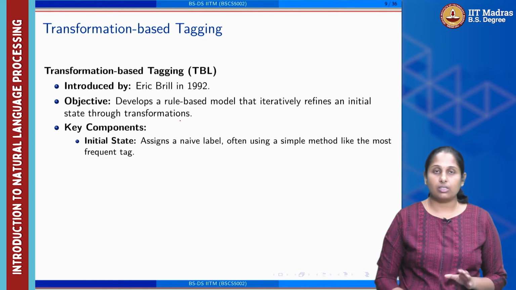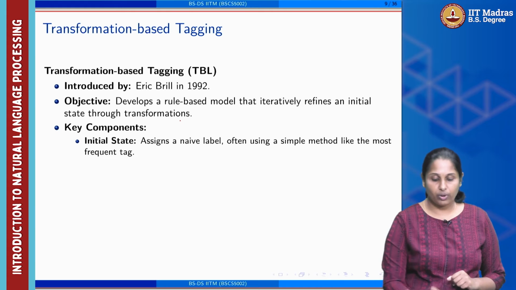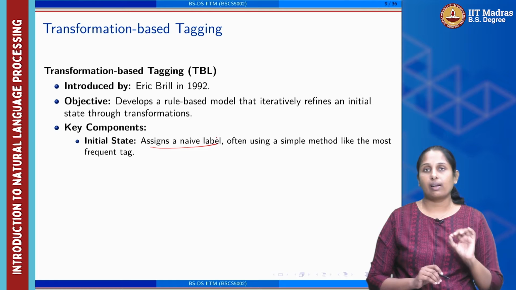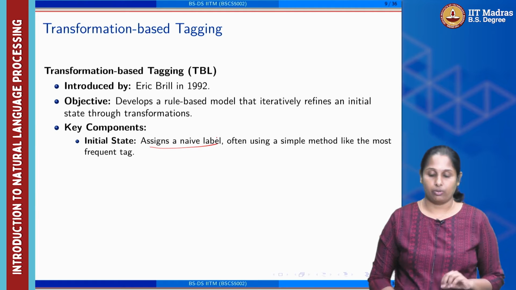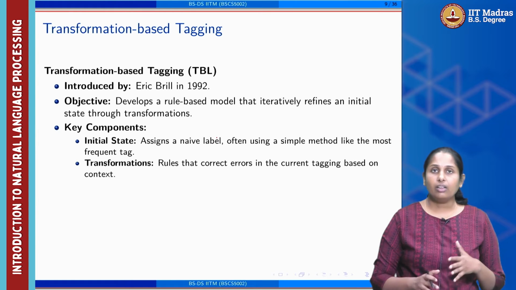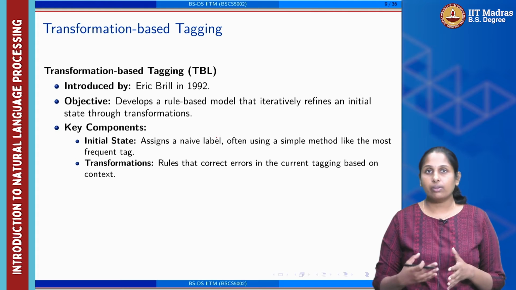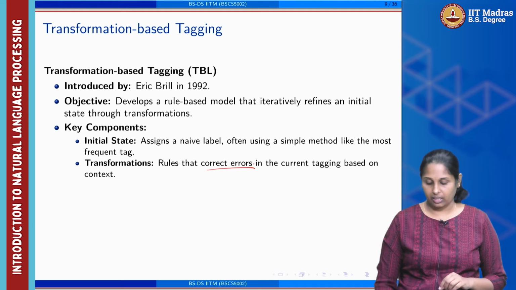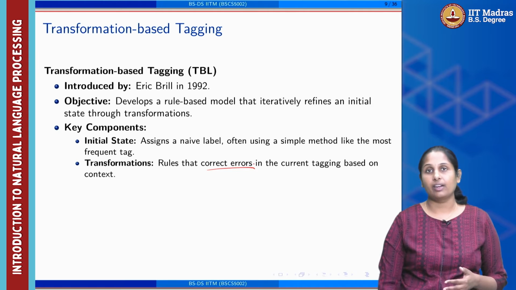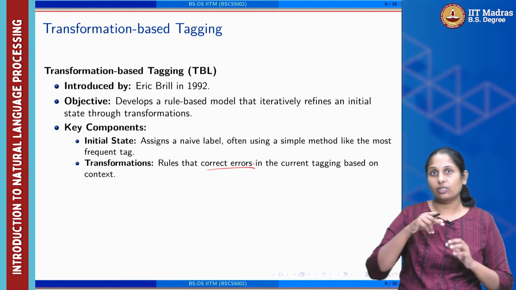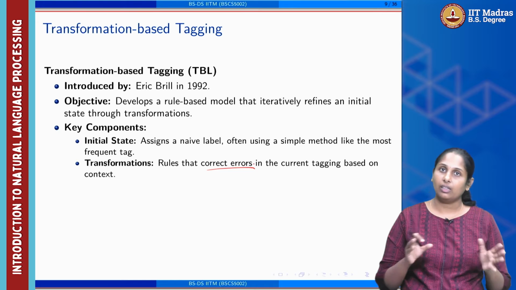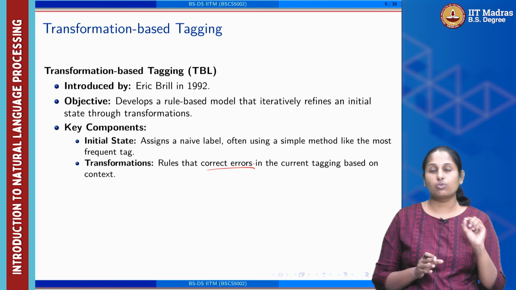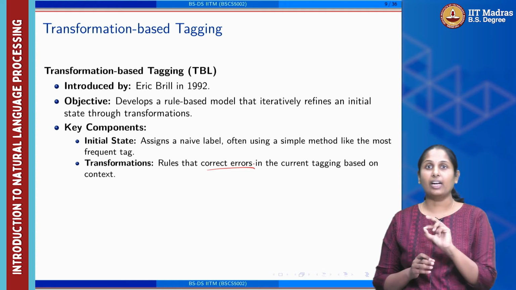The key components: it starts with an initial stage where we assign a naive label to each word, whatever it is, there will be a label attached to a particular word. And there are a lot of transformations. Those transformations help us correct errors from the initial stage, looking at the context. Unlike the rule-based tagger, which provides all possible tags and tries to select the best one of them in the subsequent stages, here each word is assigned one tag and transformed